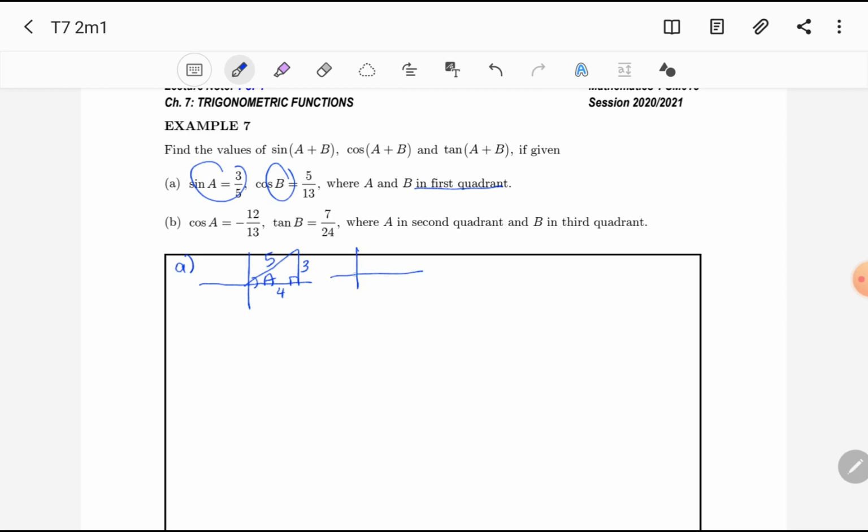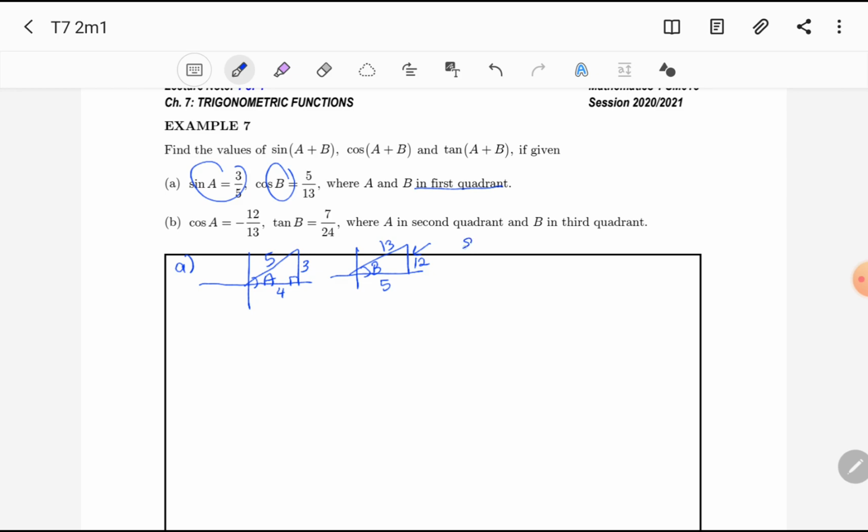B pula. Okay, B pun dekat first quadrant. Okay, B. Mana dia bagi B? Cos B is 5/13. So, mana nak dapat the opposite side? Betul. Pun guna Pythagorean theorem. Okay, cuba guna Pythagorean theorem. So, akan dapat berapa? Pandai. 12. Betul. Ya? Okay. So, daripada kita punya diagram, kita akan dapatlah